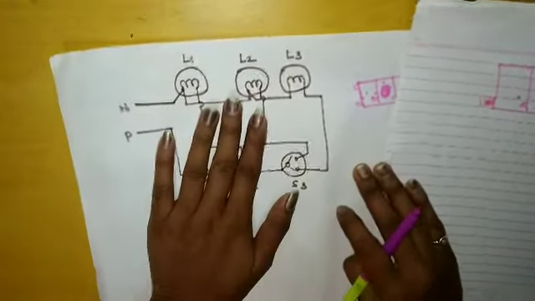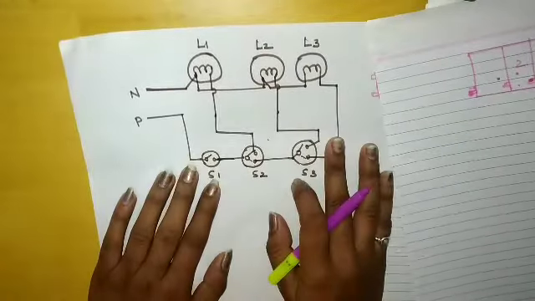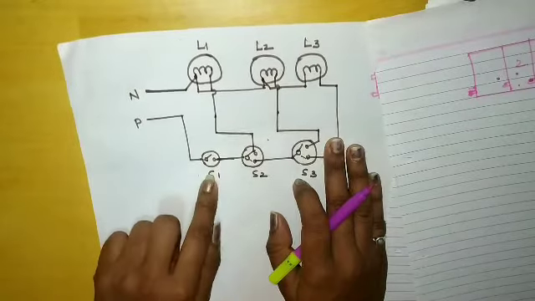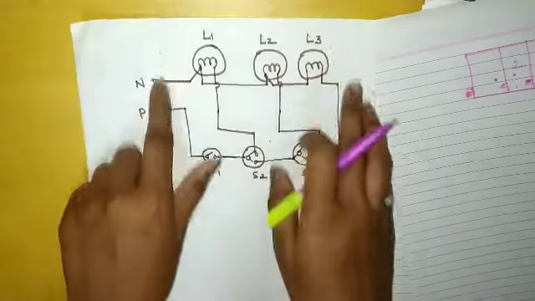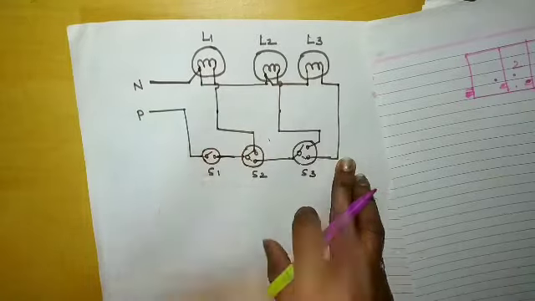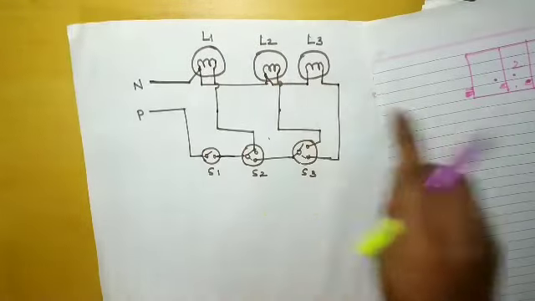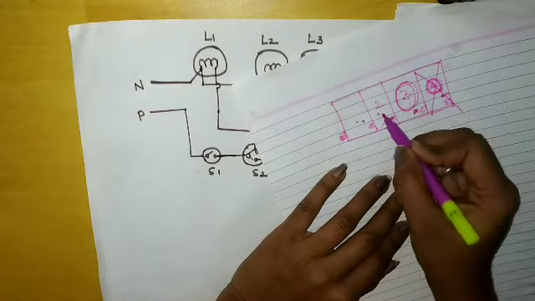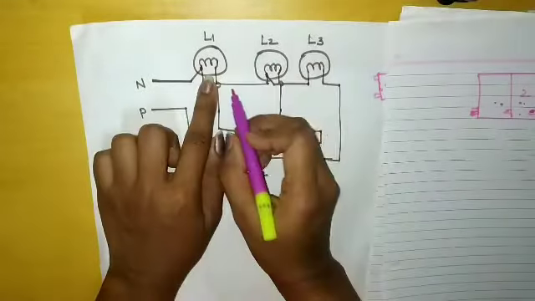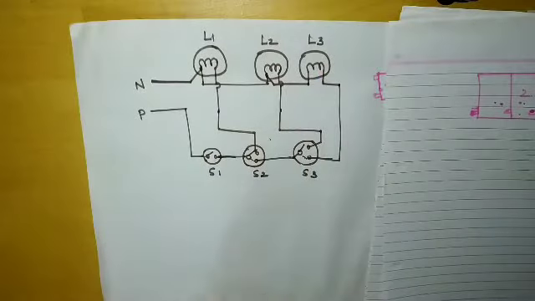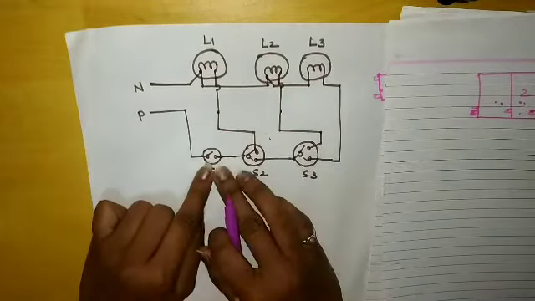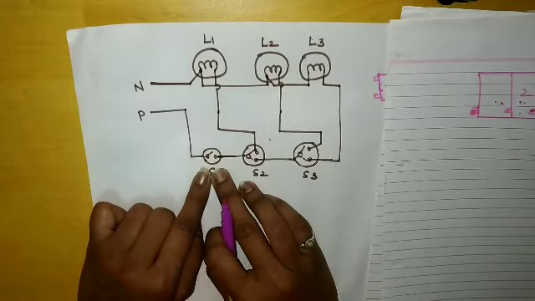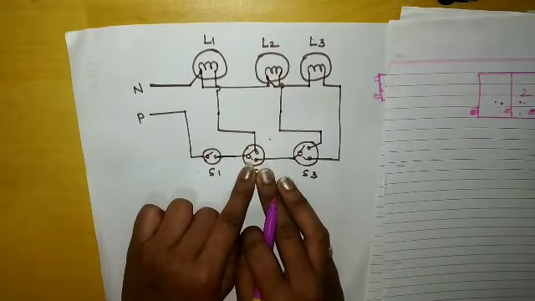So this is the diagram. So what we have to do here, first consider this is a go down which has only 3 rooms. So L1, L2, L3. So in this diagram, just to consider only 3, L1, L2, L3. So it will have 3 bulbs, L1, L2, L3. Now the first room or the first lamp has to be provided with our normal switch, right? And then for the second, we are giving it here